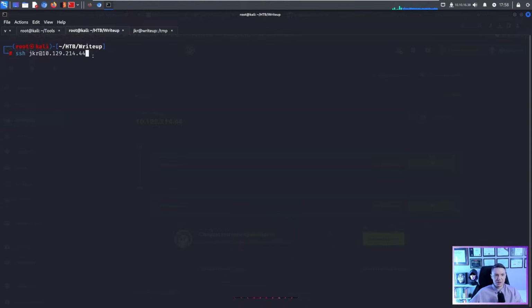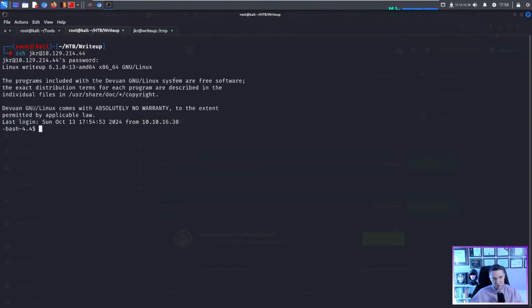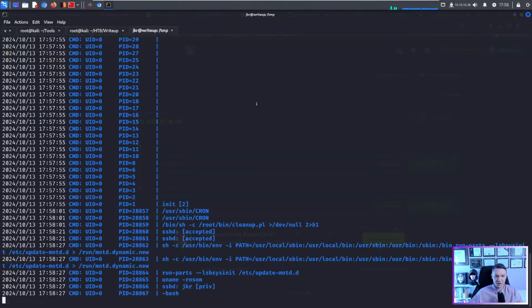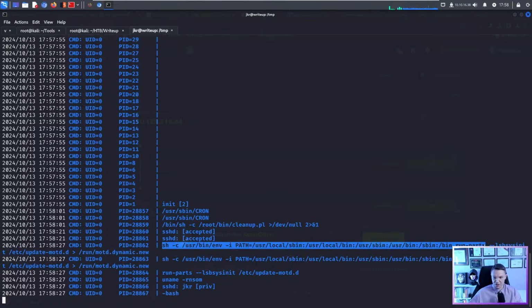But if we SSH, and the reason we can SSH is because we found a password by other means earlier in the stream. Once I found this password, I was able to log into the box. And when you log into the box, this gets executed right here: sh -c /usr/bin/env PATH run-parts. At first we tried to change run-parts, but that didn't work for us. And then we realized that we can change